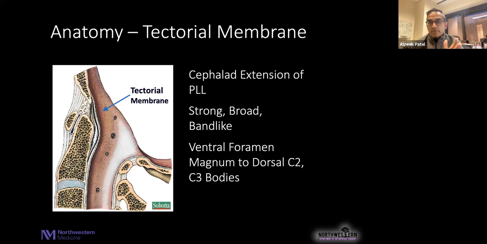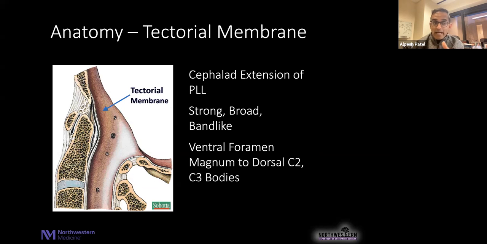So what's the first one we think about? And this will feed into our discussion around occipital cervical dissociation: the tectorial membrane, right? This thick cephalad extension of the posterior longitudinal ligament. And if you don't remember from anatomy labs, it's worth it, the next time we're in a lab, looking at this